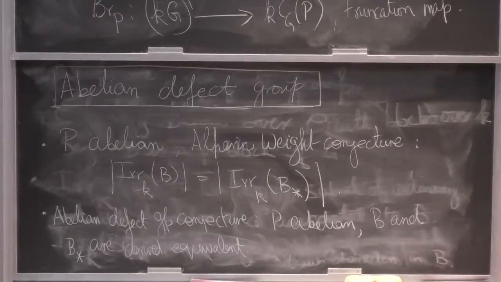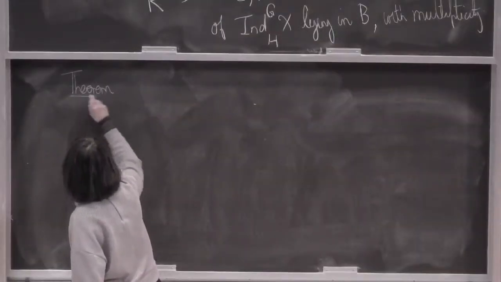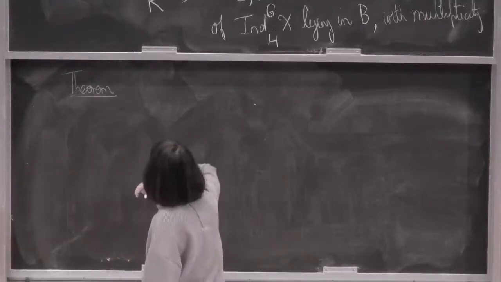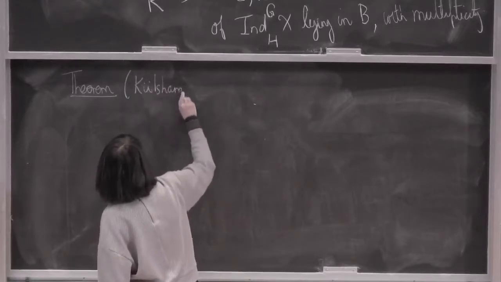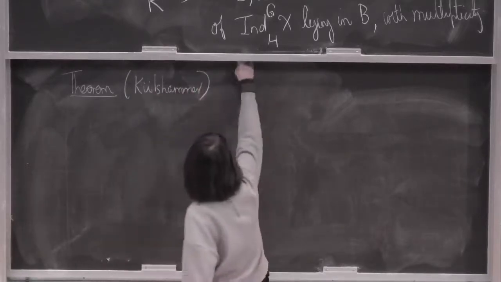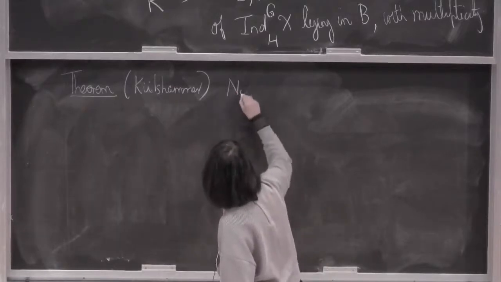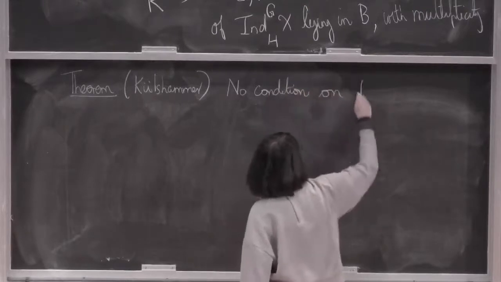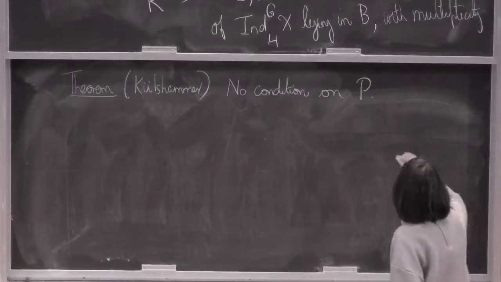And this is a result of Külshammer, which says, and actually it's more general, it doesn't need the abelian P condition. So this is a theorem of Külshammer, which says that, with no condition on P, so it doesn't have to be abelian or anything, just a p-group, then there exists